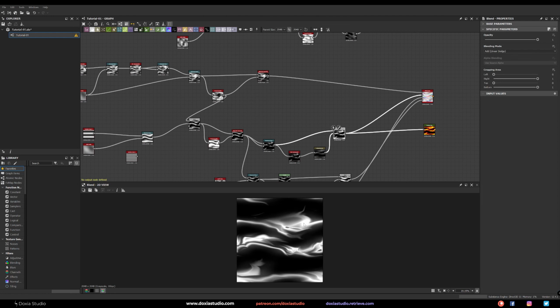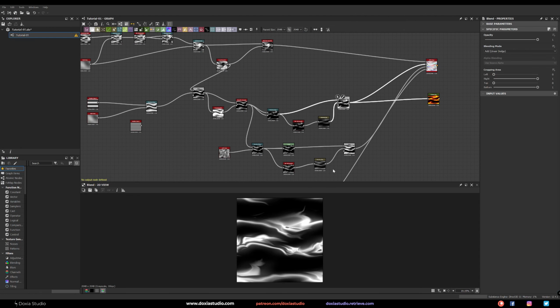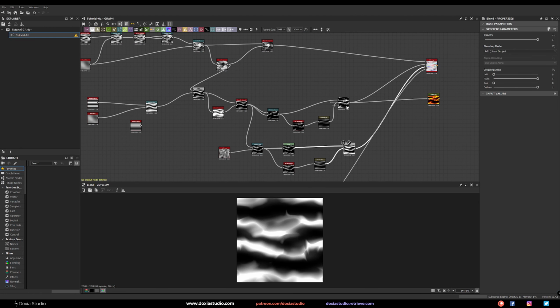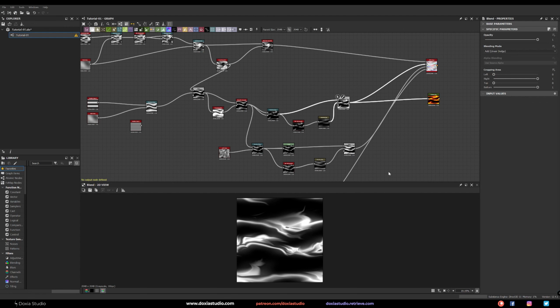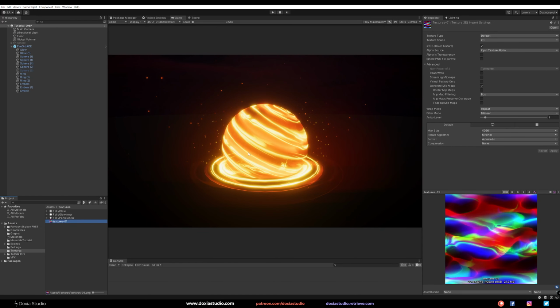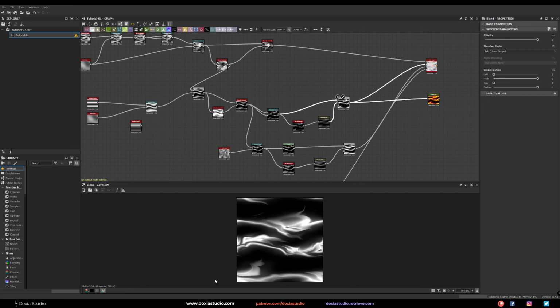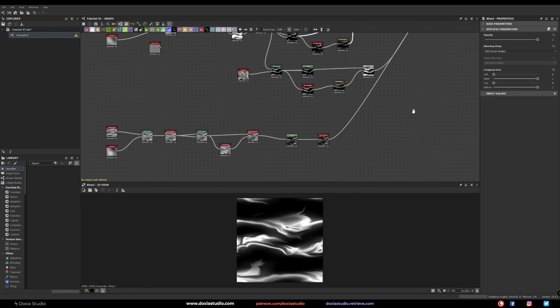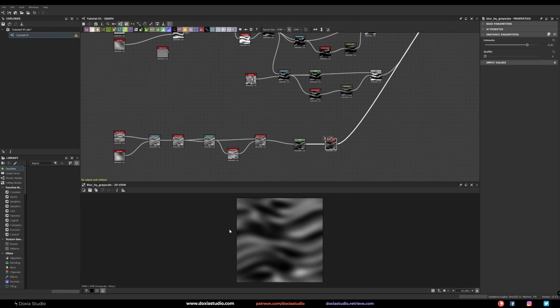I had this one, really cool details, and this one to fill up this one. But I felt like on this type of effects, like this one, it is cool to fill up the inside. You don't need to see much inside that orb, right? So I knew that I needed something to fill up the gaps, so I created this one.